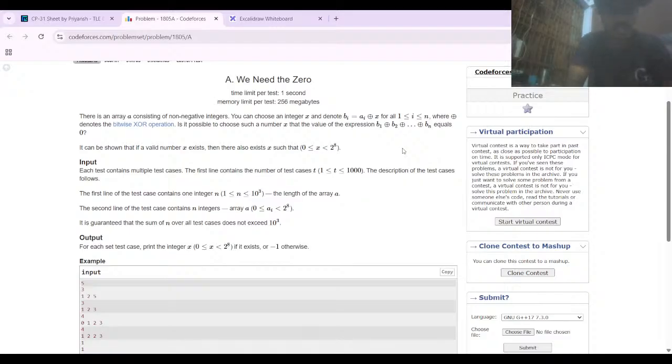Is it possible to choose such a number x such that the value of the expression b_1 XOR b_2 XOR and so on equals 0, right? It can be shown that if a valid number x exists, there also exists x such that,